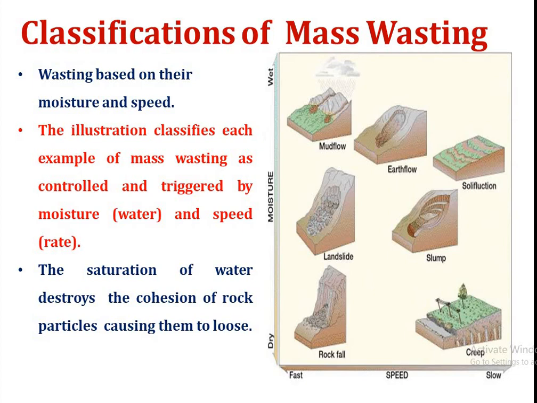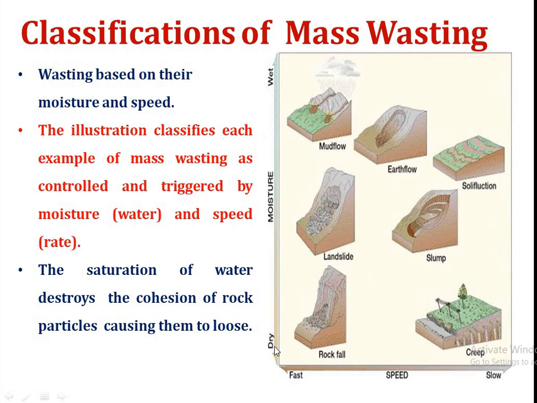Wasting based on moisture and speed. The illustration classifies each example of mass wasting as controlled and triggered by moisture, that is water, and speed, that is rate. The saturation of water destroys the cohesion of rock particles, causing them to lose. So in this